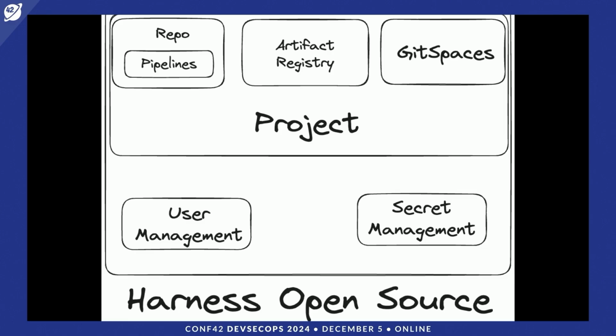Projects within Harness Open Source you can relate to GitHub orgs. Each project can have one or more repositories, and the CI/CD pipelines are tied to each repository. You can have one or more pipelines within each repository. You can also have a built-in artifact registry for pushing and pulling artifacts, for example, Docker images, as well as Git